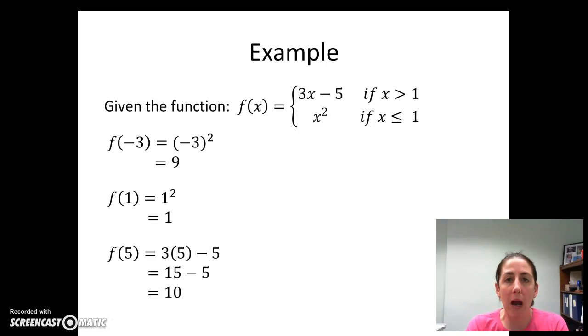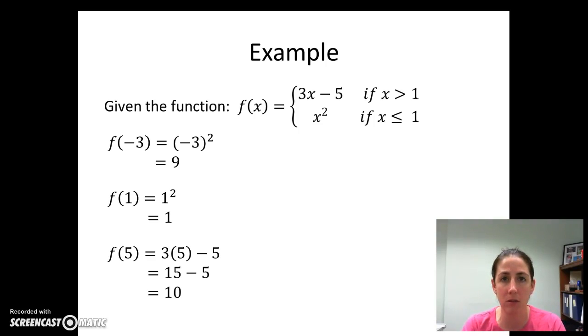Now when it comes to graphing piecewise functions, there's a little thing that you have to do. It's a little tricky. You need to plug in the x value of the split into both pieces. You're going to plug in 1 into the top piece and the bottom piece, because that's where it's split. Now the top piece is only for x values bigger than 1, but it has to take on every single x value that's bigger than 1, and there's infinitely many. 1.1 is bigger than 1, 1.01,